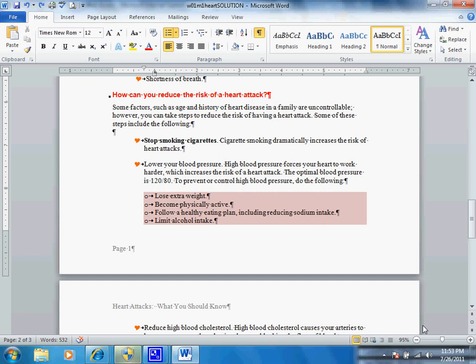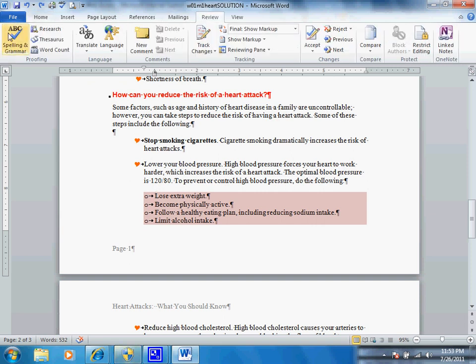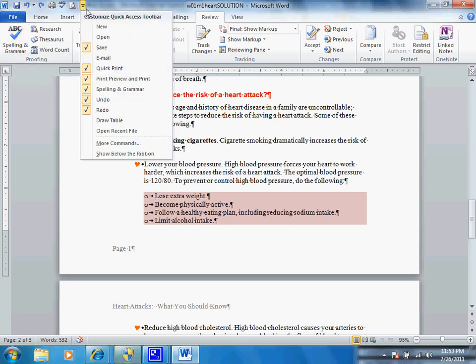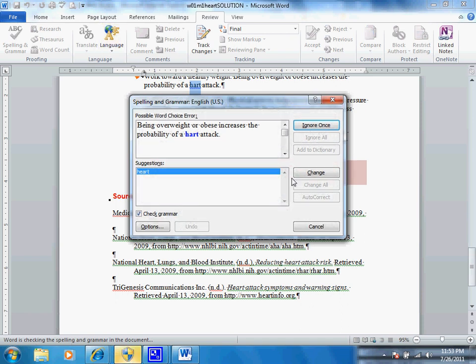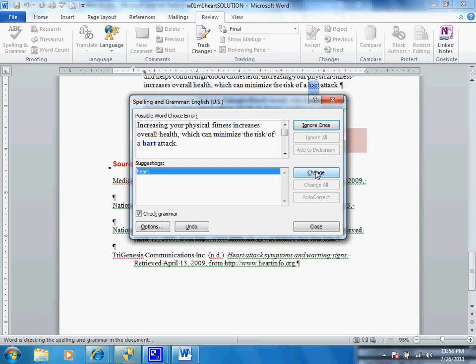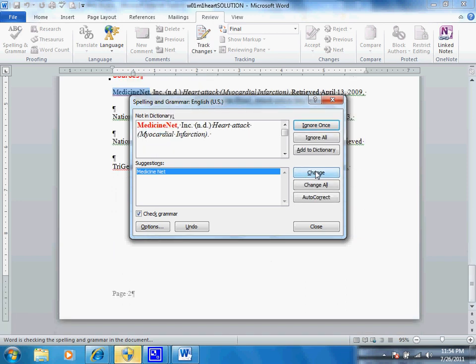All right, it says that you're supposed to check the spelling, so I can go to Review and check the spelling. I notice I have put this up on my quick access toolbar because I use Speller all the time, so that makes it a little more convenient. Run the speller. The probability being overweight or probably a heart attack, you would want to change that and change it. Ignore that and ignore that,